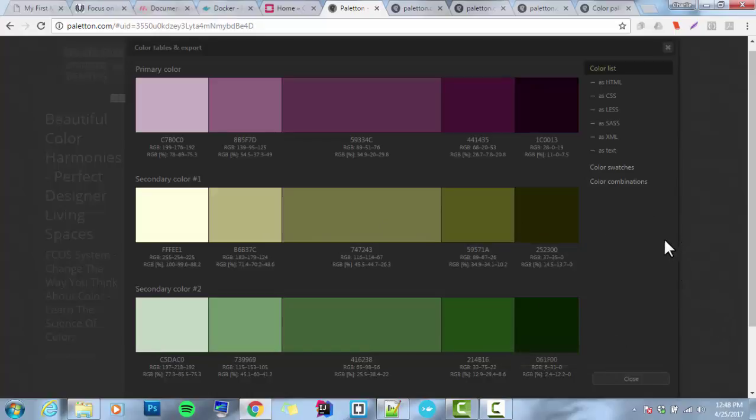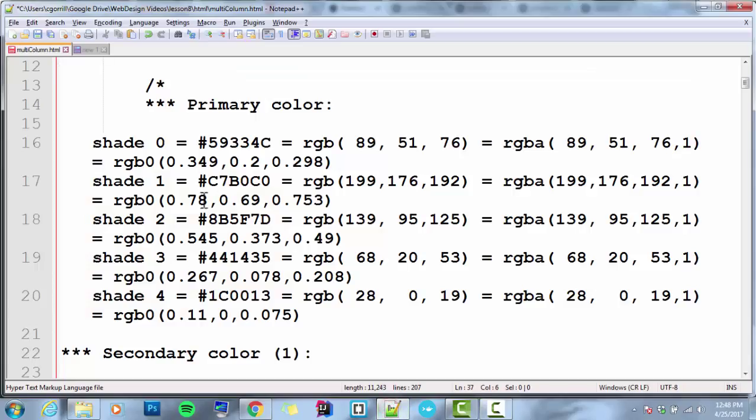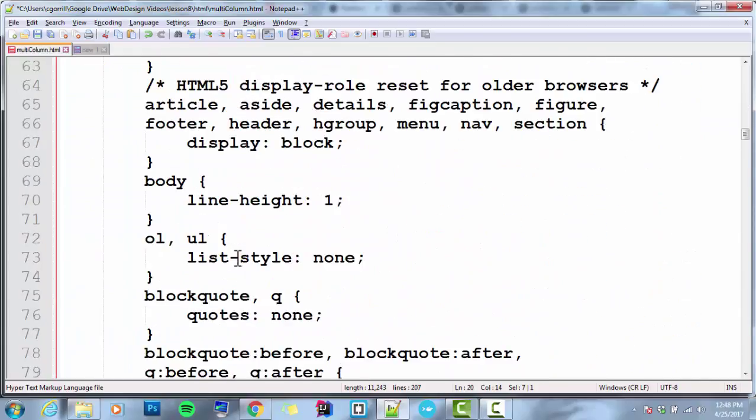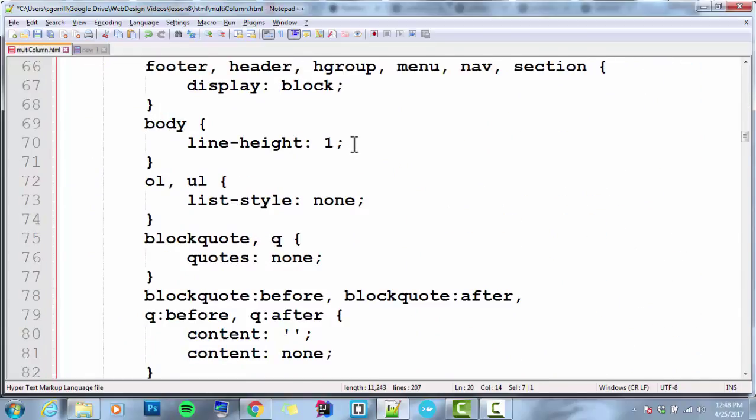I think the way that I'm going to do this is I'm going to have my body's background be the darkest purple. I'm going to have secondary one's lightest color behind all of the body copy. So that's going to be the fifth one in primary and the first one in secondary. So let's see, primary shade 4. I'm going to take this. I said that was going to be the background of the body. So I'm going to go to body here,